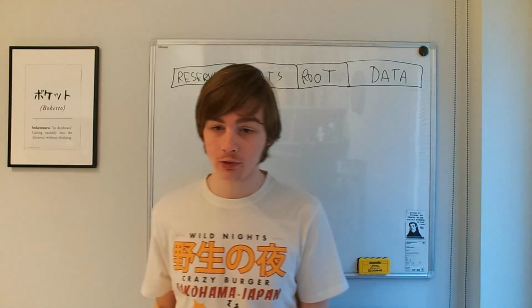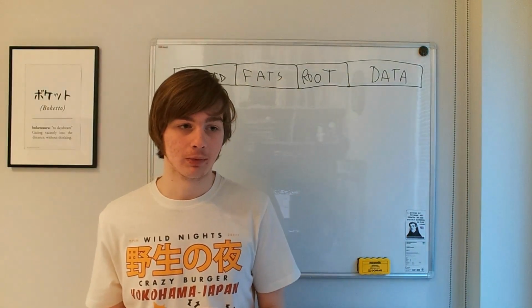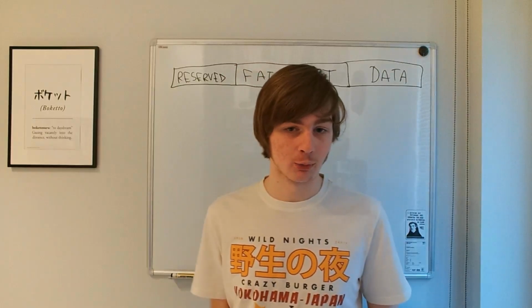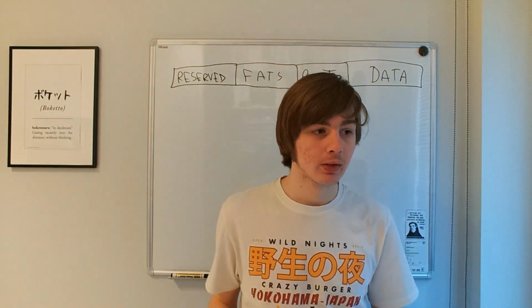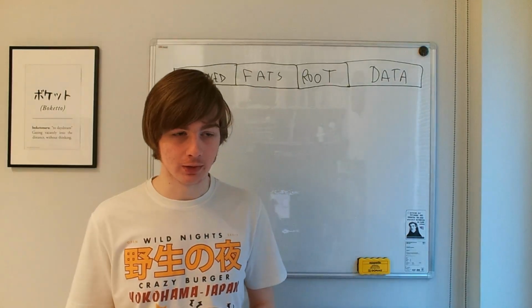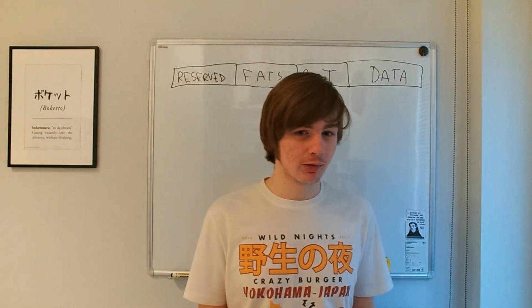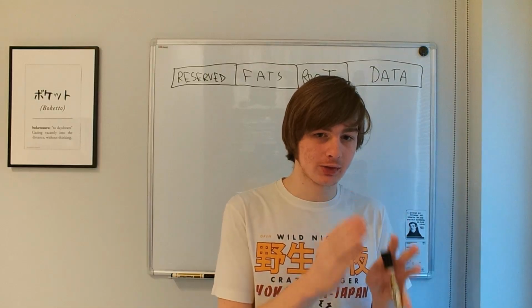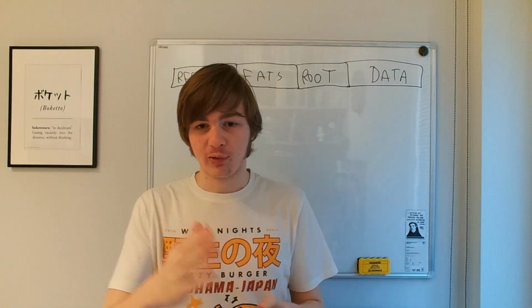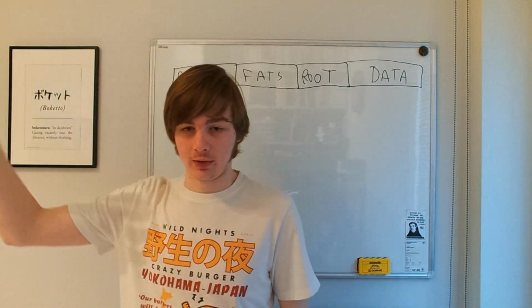Now, the allocation unit is, in other words, the size of one cluster. And the idea of the cluster is, well, imagine if for every file we had to save all of the bytes that